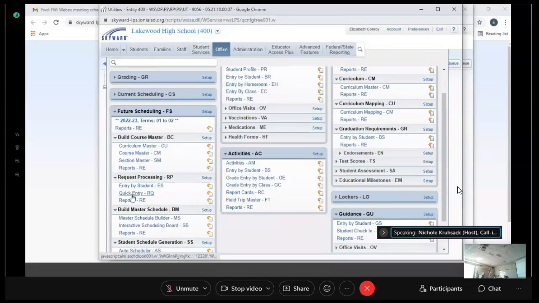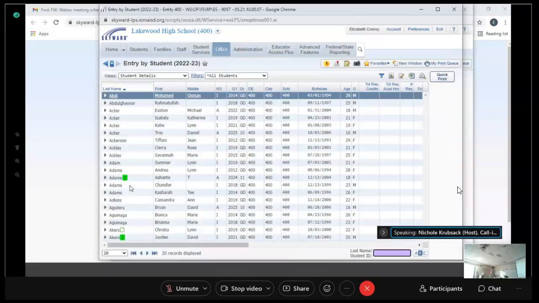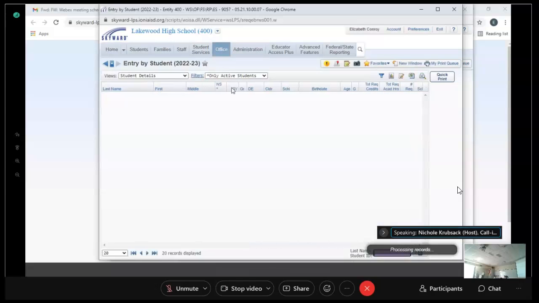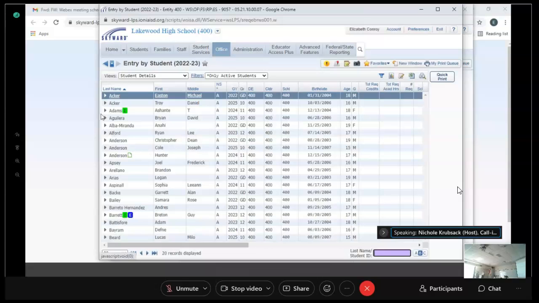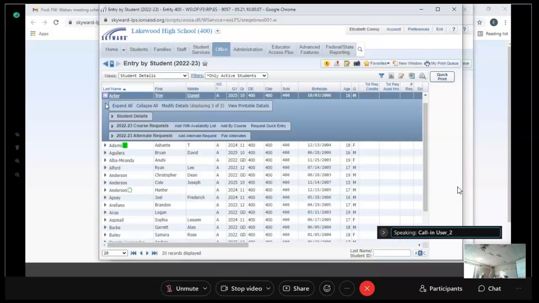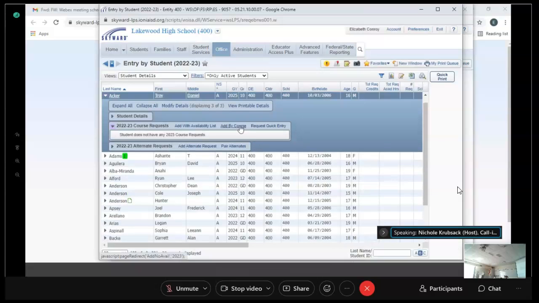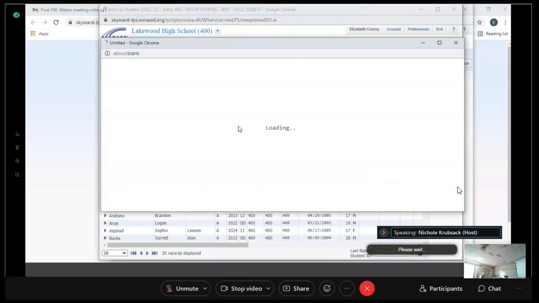So we have entry by student and quick entry. Some active students in here only, so a little easier, to expand on their name. Some people like using the entry by student option. So you can do add by course, you can do the quick entry. If you go add by course,